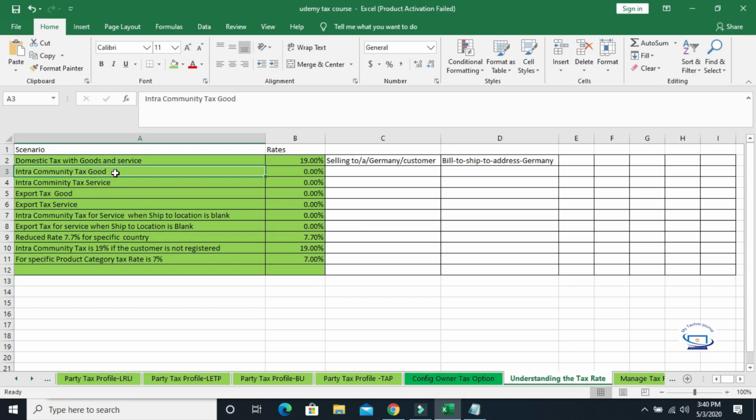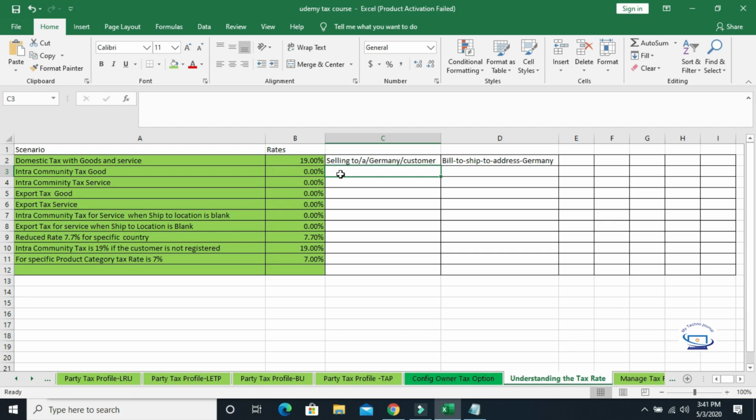What is your second scenario? Intra-community tax good. What is intra-community? Intra-community means when our business is selling something within a predefined community or a custom geography. Okay, so it's a kind of European Union which we have defined already in our last session, which is called a custom tax zone or custom user defined geography.